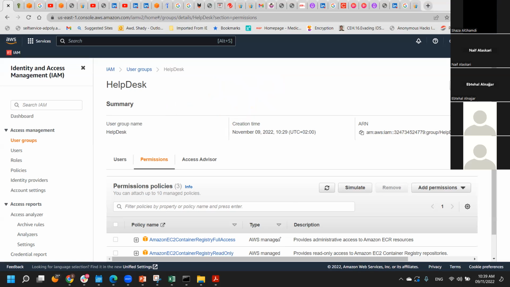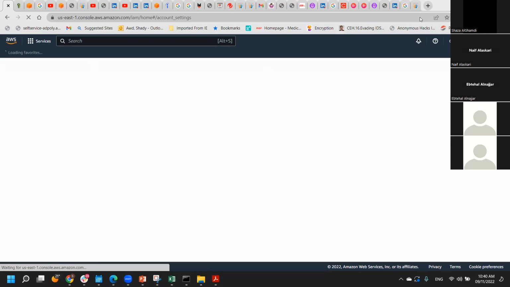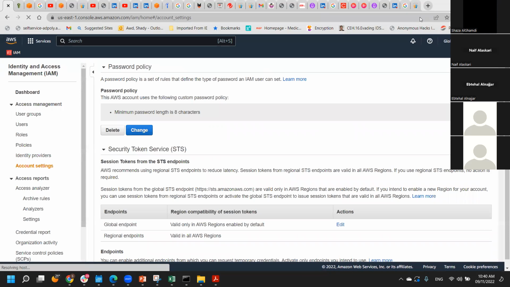Okay, perfect. One thing I also mentioned is that identity access management is all about having a strong policy when it handles passwords and all that stuff. So how do you create a very strong password policy for all the users? You can just go here. There is something called account settings. You click account settings over here, guys. It will show you all the account setting details, including the password that you can specify and how you can create a really strong password for the user. So here, if we scroll down,